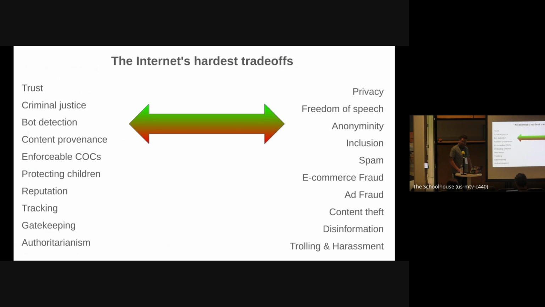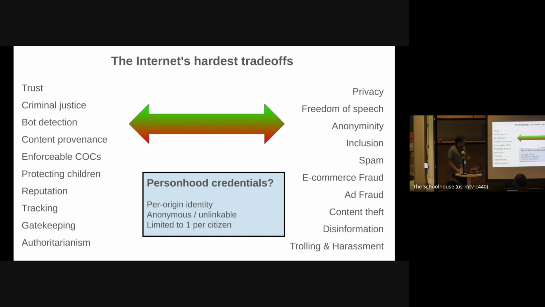But the other extreme, I would argue, is even worse, which is like, hey, we want trust and we want criminal justice, but as soon as we build systems with trust and criminal justice, it means we're probably going to get tracking and gatekeeping and maybe, in the extreme, authoritarianism. And this feels like a fundamental trade-off in a lot of the debates we see online. And wouldn't it be great if we had some way, not saying that there's any silver bullet, but maybe there are some win-win opportunities in the middle. So in particular, there's this emerging idea of a personhood credential.